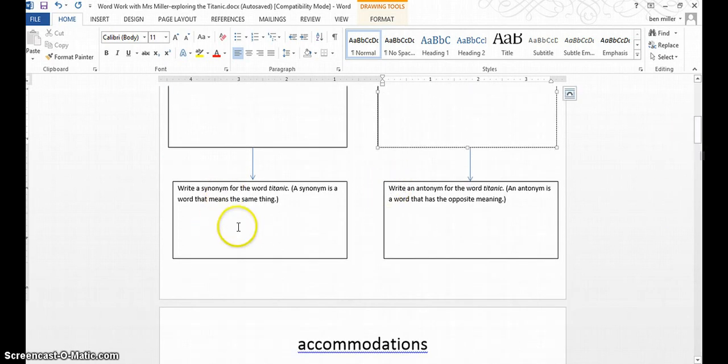I would also like for you to tell me a synonym for the word Titanic as well as an antonym. Now, a synonym is a word that means the same thing, and an antonym is a word that has the opposite meaning. If you're having trouble coming up with a synonym and antonym right off the top of your head,